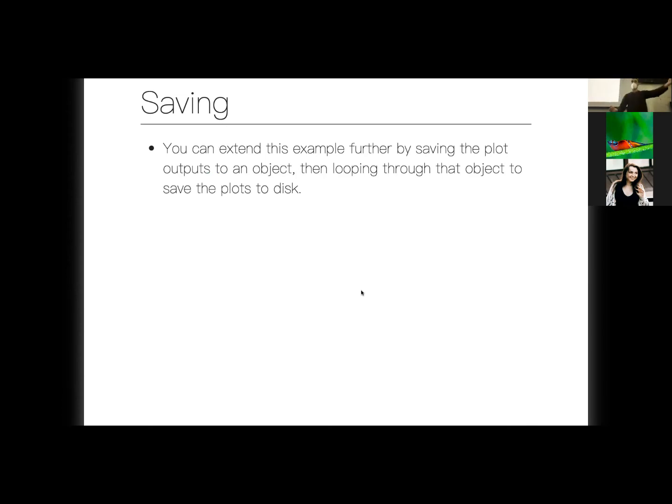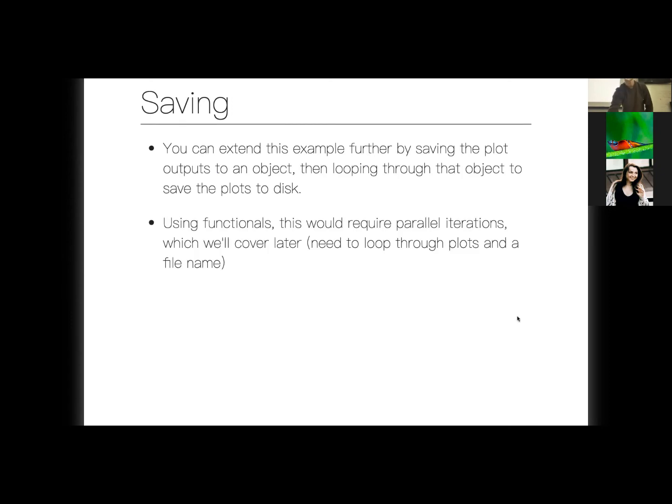So we have our plots that we created. We need to loop through those, tell it which plot to save, and then we need to give it a path for each of those plots as well. If we were going to do this through functionals like lapply, this would actually mean we would be jumping into parallel iteration, which is